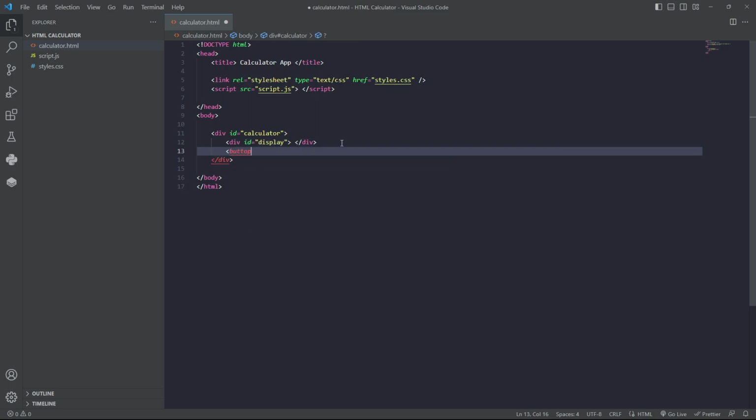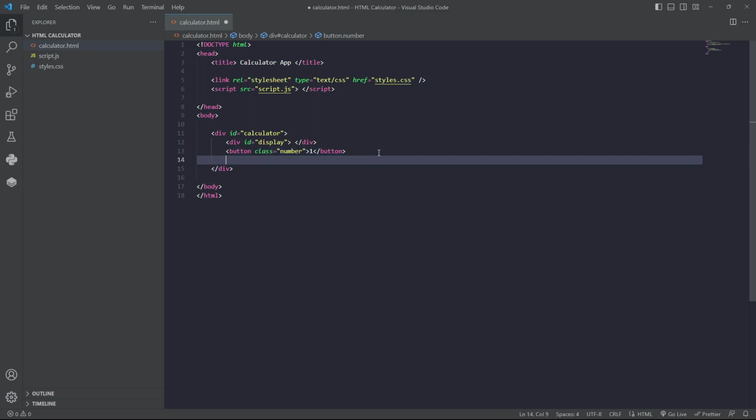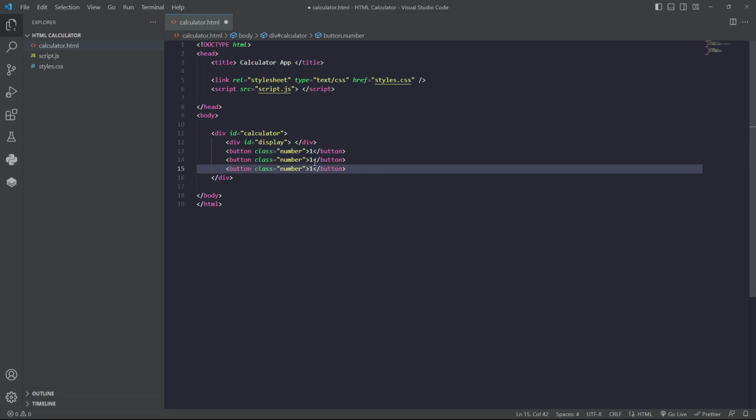So button class equals number. It does this every time and it annoys me. Number, like that. And then we'll close it off, and that's going to be number 1. And then we're going to end the button, which is there. So then I'm going to copy this, and I'm going to copy this. So we've done 1, 2, 3,